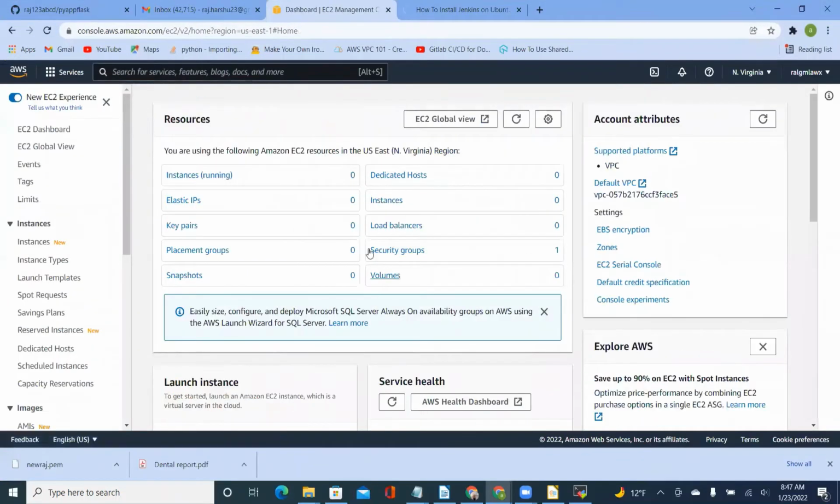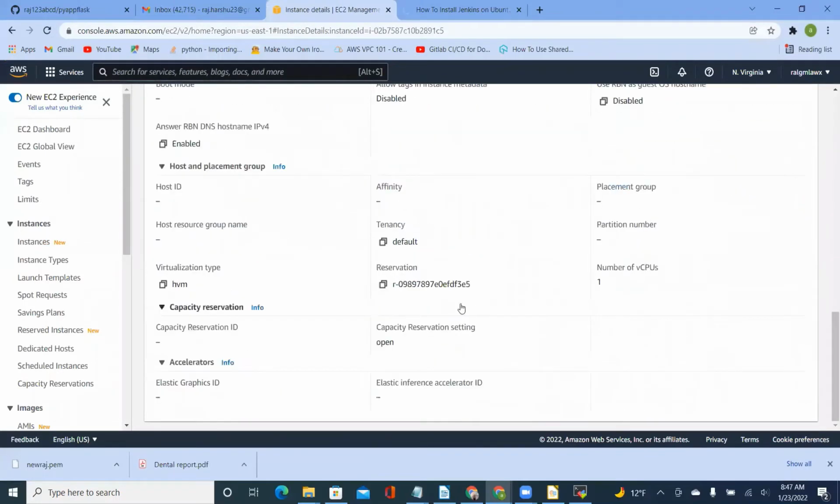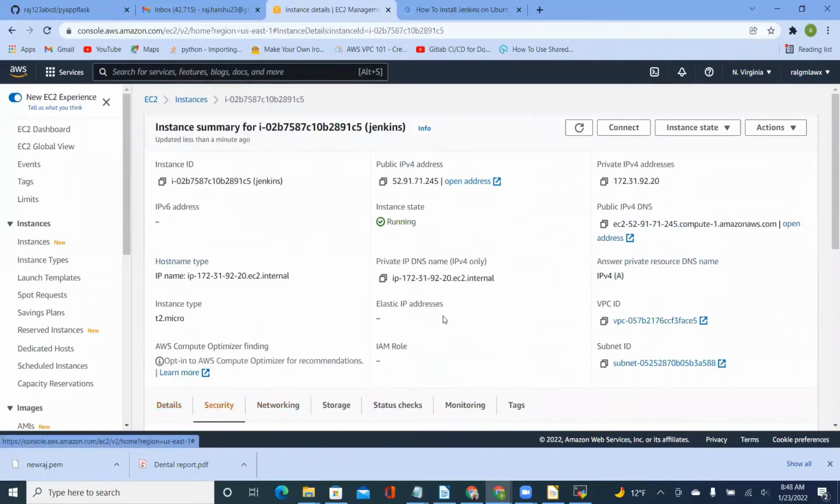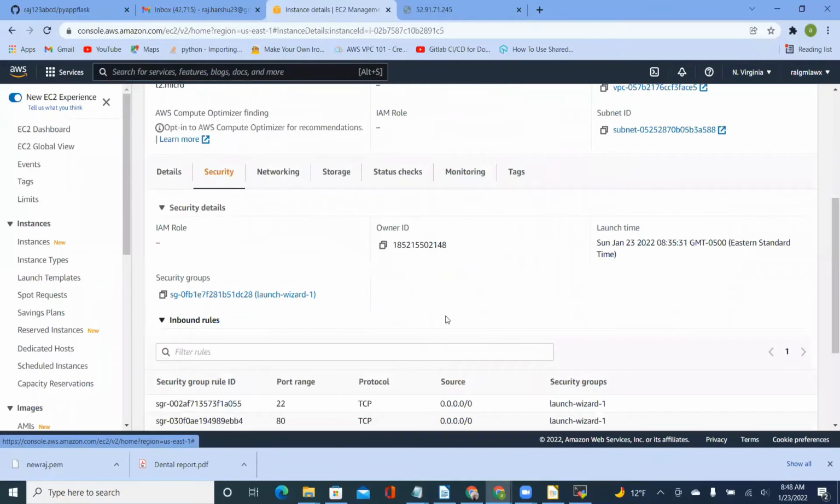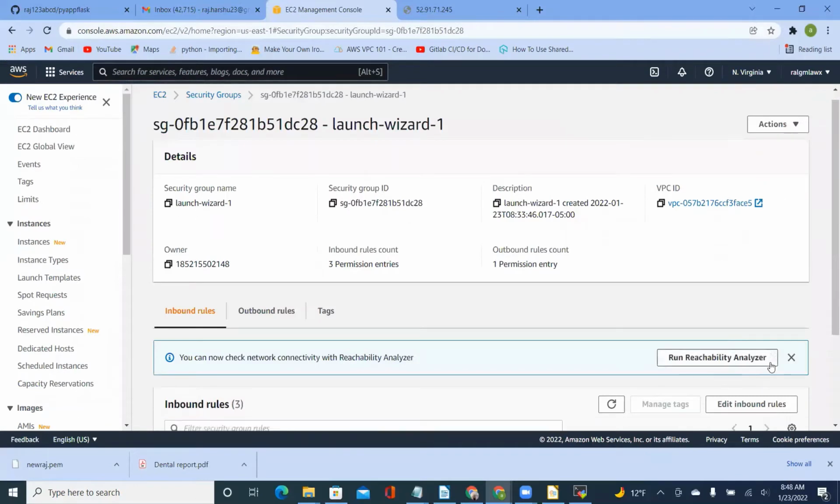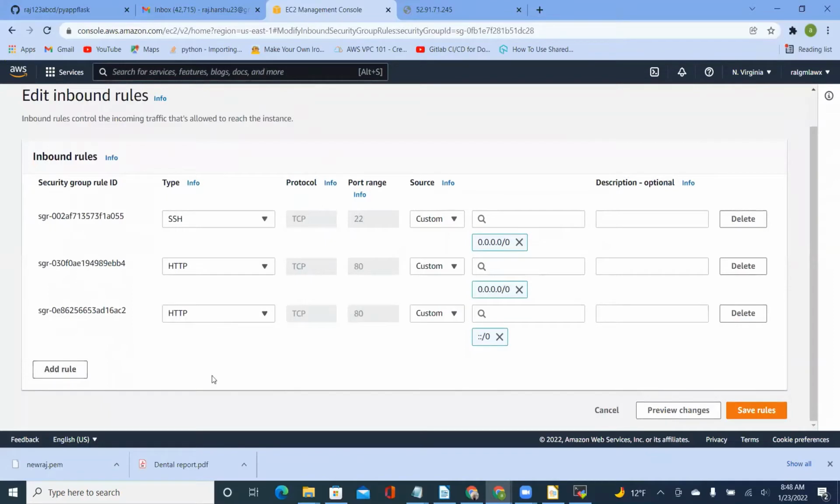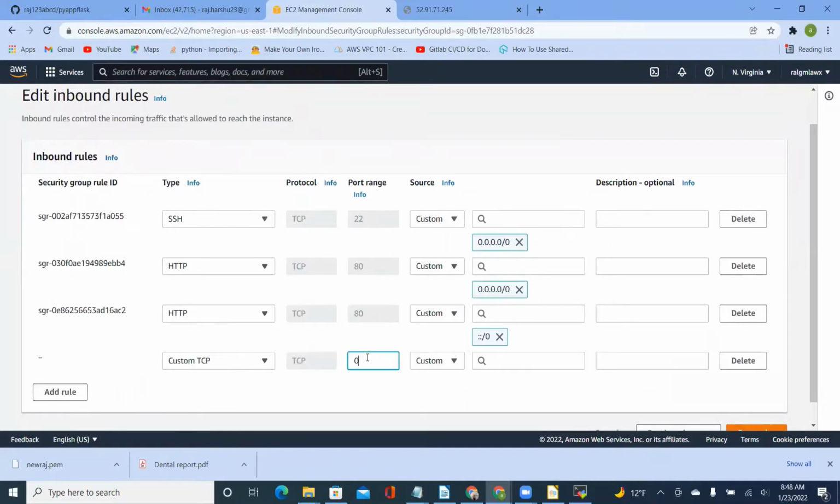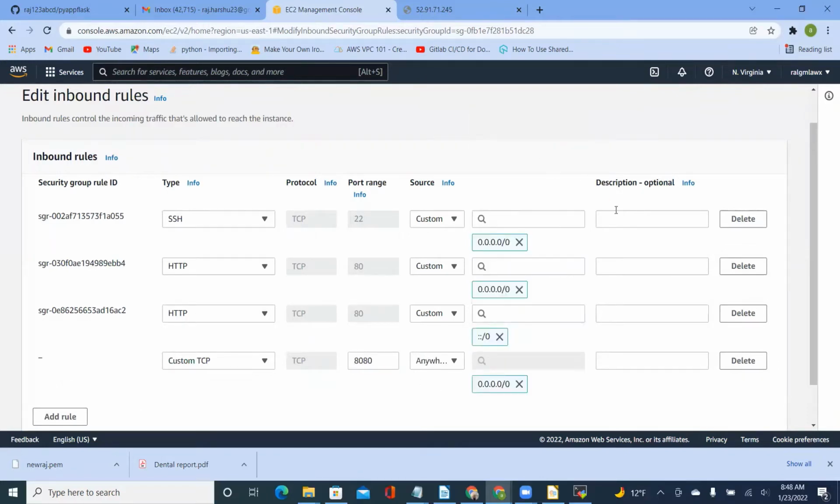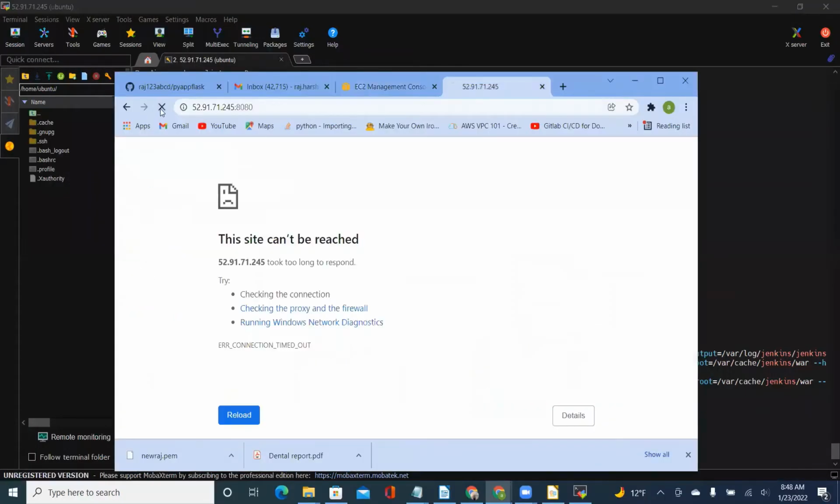port 8080 from here. Go to instances, the Jenkins instance, on the security group. We need to edit the inbound rules here. I need to add port 8080 in here. Okay, I'll add it here. Custom TCP port 8080, open to the public internet, save. Now that's been added, now we should be able to access that here. If I refresh,